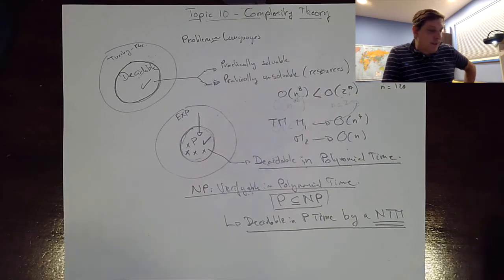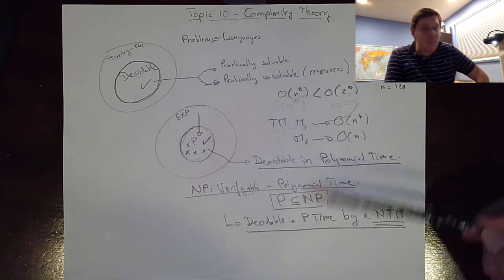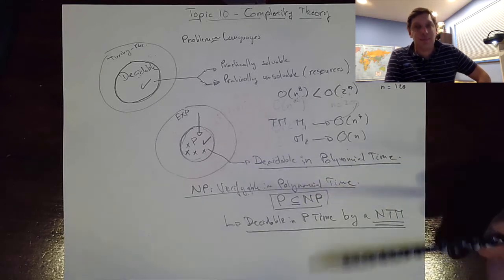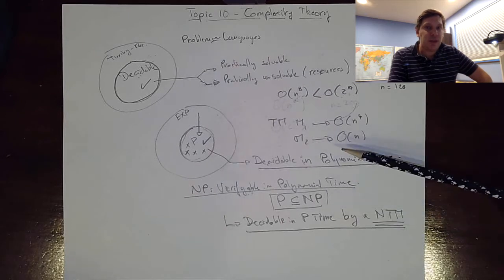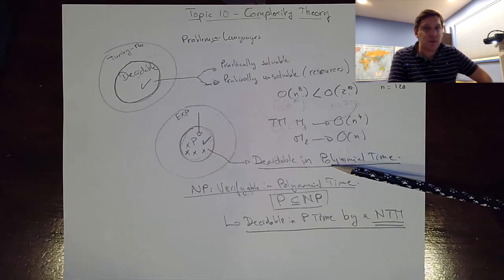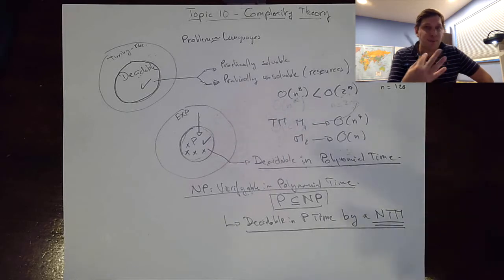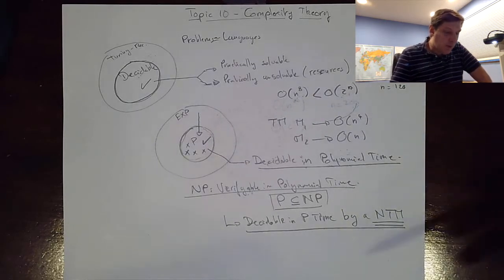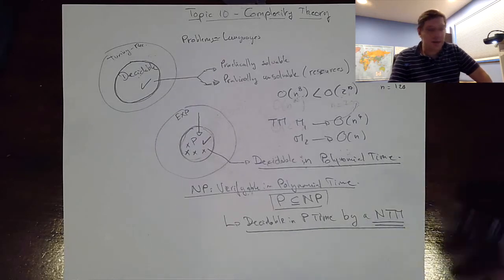So what does this mean? That means that basically to be verifiable in polynomial time is the same thing as to be decidable, so stronger, but by a non-deterministic Turing machine. Here, as usual, when you say decidable in polynomial time by a Turing machine, we always assume determinism, right? As we said before, a Turing machine is by default deterministic. Now, we are saying that if we relax these constraints, and as the book says, it's very important to understand that